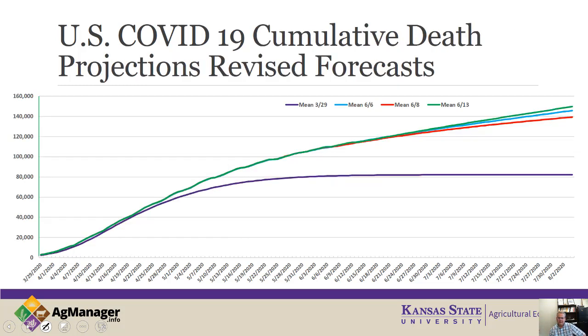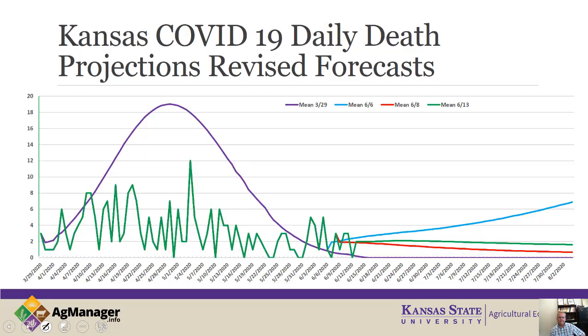You can then look at this on the cumulative death rate, and you can see that essentially it's up about 145, 148,000 with regards to the expectation as of August 4th, 2020. You can look at Kansas. Last week at this point in time, we're on this blue line where it looked like the model was exploding. The last 2 runs of the model, basically, while it did increase a little bit, the key thing to realize there is that